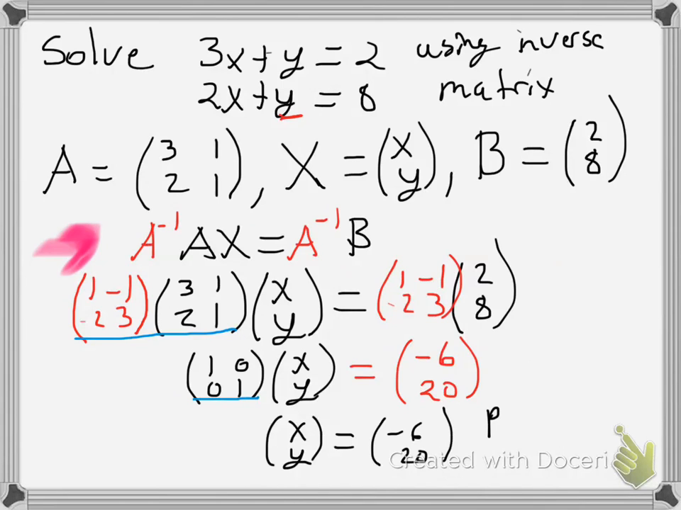Two matrices are equal if they have the same dimensions, which these have, and then the corresponding parts need to be the same. So the x is going to be negative 6, and the y is going to be 20. Okay, and we'll do one more example. So this was using an inverse matrix, and before that we found the inverse of a matrix. So we'll do one more solving a